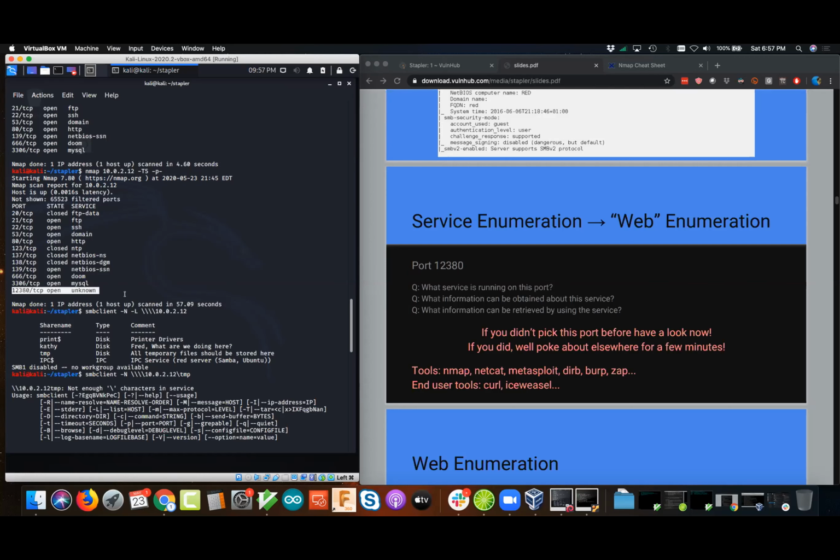And that's what we're going to do next. So we want to figure out what service is running on this port. What information can we get about that service, and what information can we retrieve from the service? Tools we can use here: